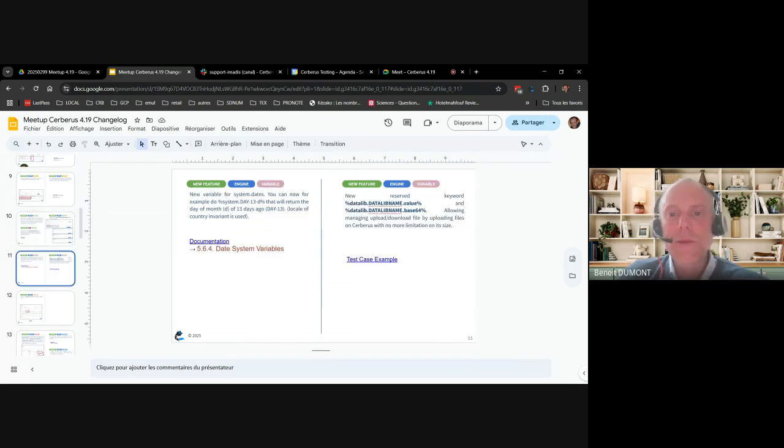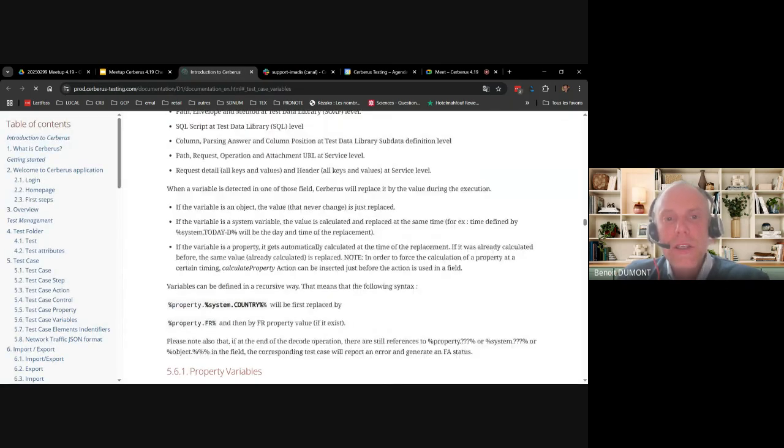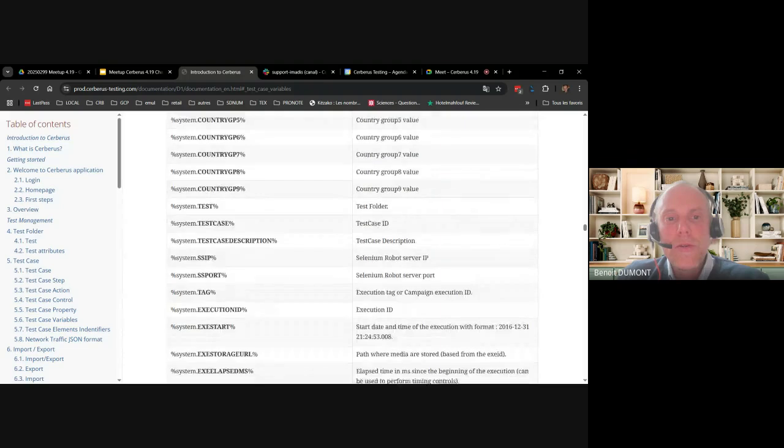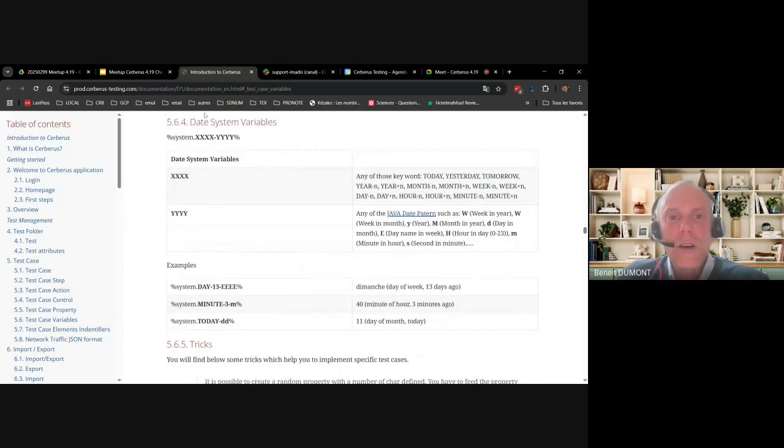Then we have made some improvements on the variabilization. So the first one is that we have changed significantly the way we build the variables, especially for managing the dates. So we have introduced a new syntax that is a lot more flexible than the previous one.